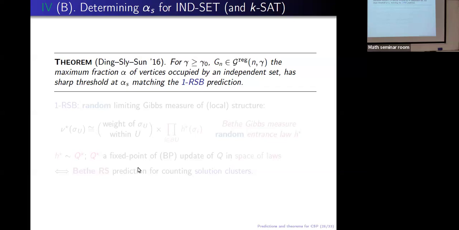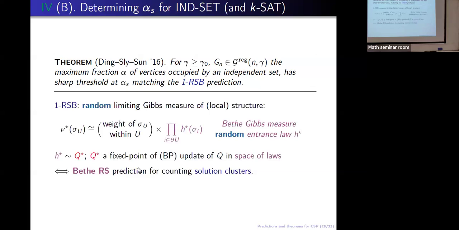In principle, the proof that Ding, Sly, and Sun do will work there, except the paper is already 100 plus pages, and it's guaranteed to be 10 times more if you try to do the same method for a more complicated method. So probably one needs to first find a way to do it much simpler before attacking the other problem. And this number, the sharp threshold alpha S, comes from another prediction in statistical physics, which is also interesting,